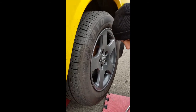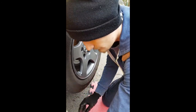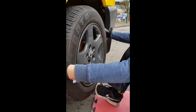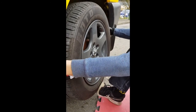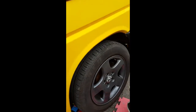So the wheel now, he's going to move the tools out of the way, and then he's going to brace himself against the wheel, one hand top and bottom. He's going to rock the wheel back and forth. You may need a bump just to free it off the hub. If you find like this one that it seems to be seized on, then what you can do is, if you come,